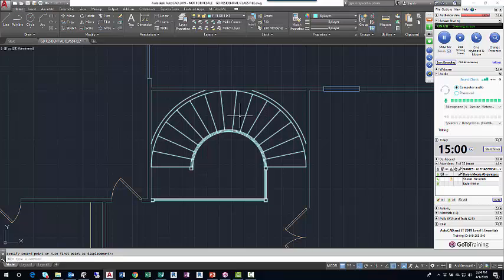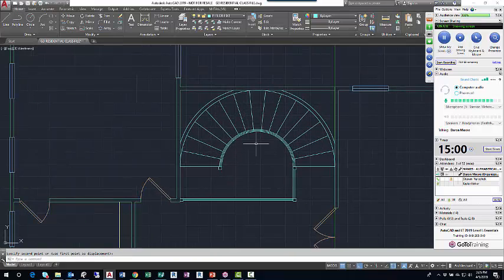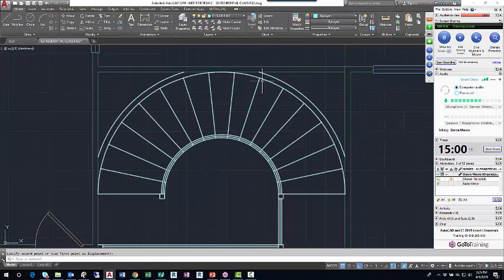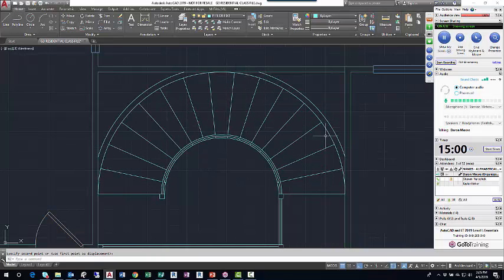Did that work for you? Yes. Nice. Okay. So now I mentioned I want to explode this. This thing is a block, and sometimes that's fine. Like the doors are blocks, the windows are blocks, the plumbing fixtures are blocks. But we're going to put some hatching or some shading inside of this,